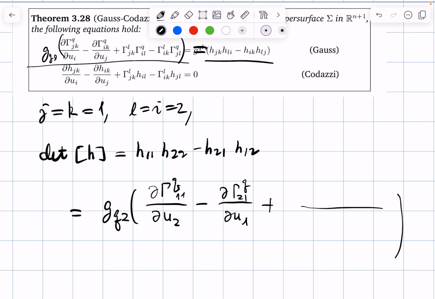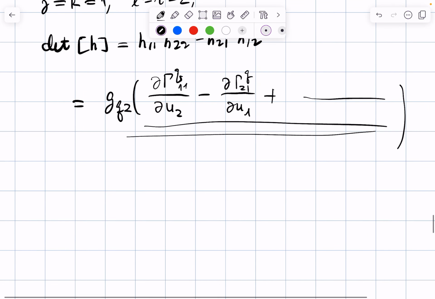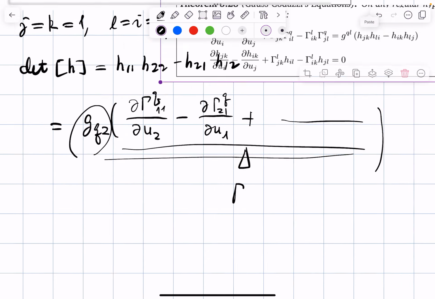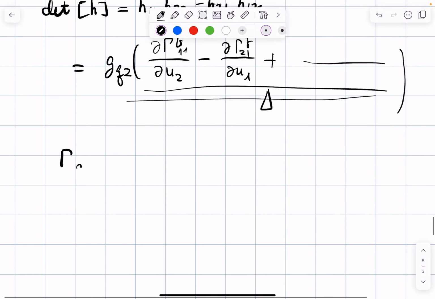Okay, so this part are all gamma something, and this is G. Of course, G is dependent on G only. And the gamma part, well, it's famous. Let me do it. Write it down. This is G_kl